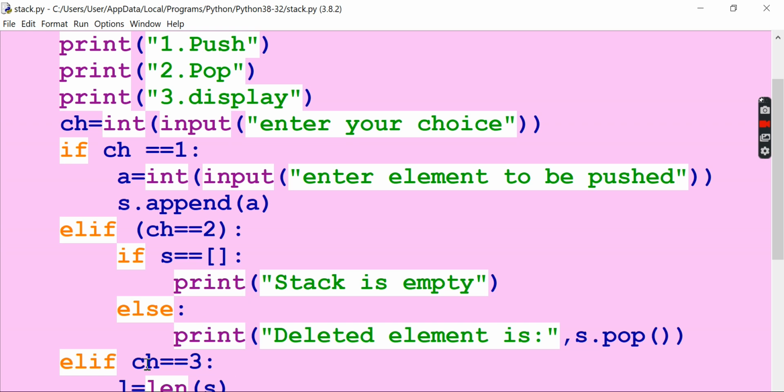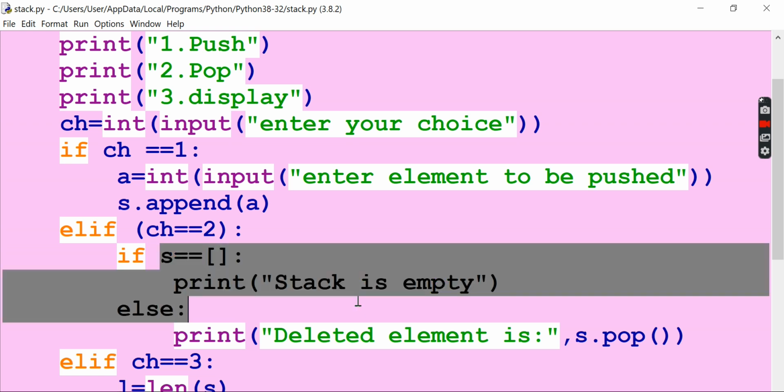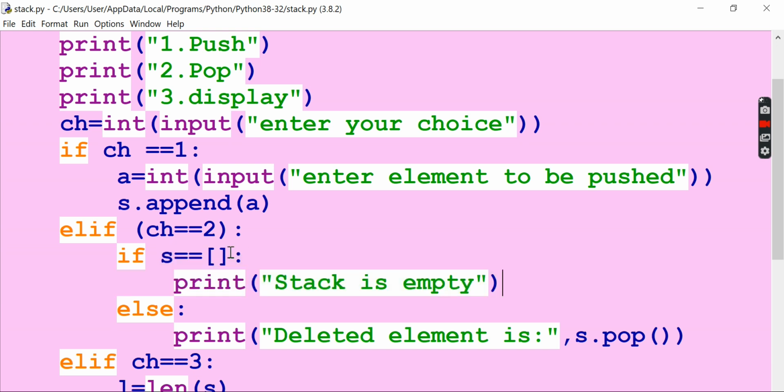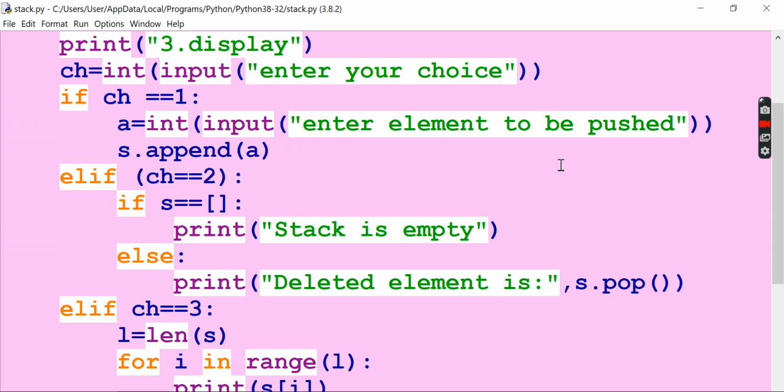And then if choice is equal to 3. But before that, in choice 2 we are going to check whether the stack is empty. If the stack is empty we cannot delete anything, right? If it is an empty stack without anything, then we cannot delete anything from the stack. No numbers are there, so we cannot delete anything. So you just check whether S is equal to an empty list. If so, the stack is empty, you cannot delete anything. Otherwise you just call this particular method S dot pop, so automatically that element will be popped, meaning deleted.